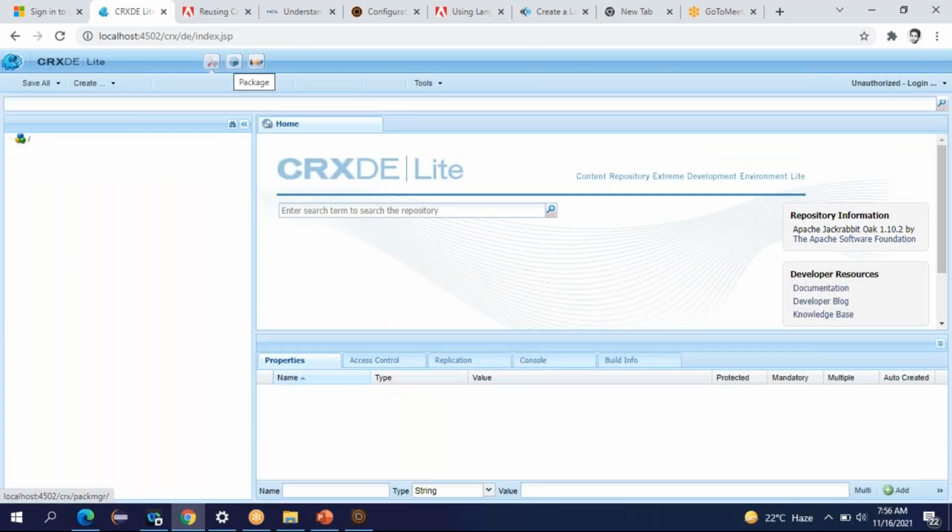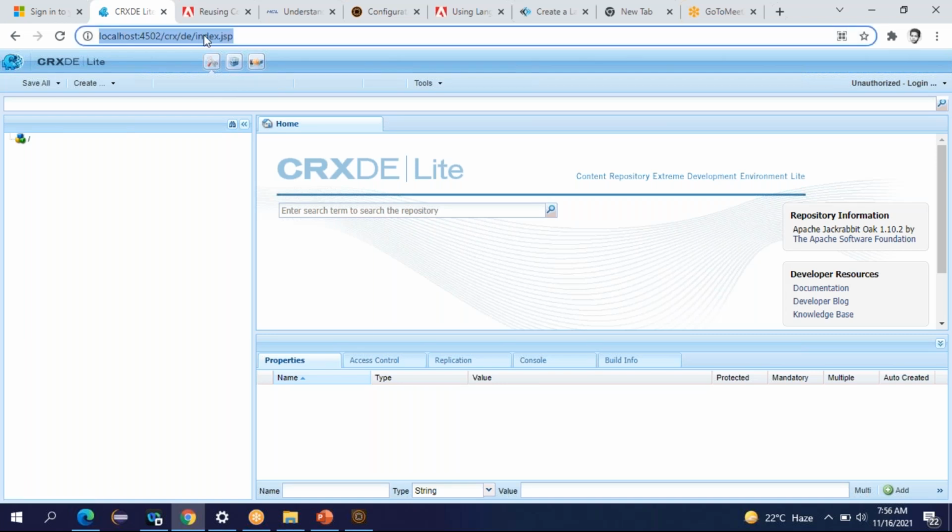I installed AEM 6.5 in my system. I installed both the instances, author instance and publish instance. So right now I opened localhost colon 4502 /crx/de. So this is one of the consoles provided by AEM.